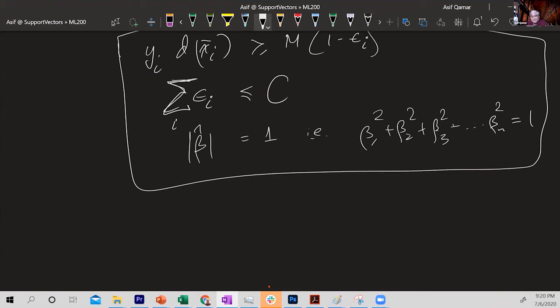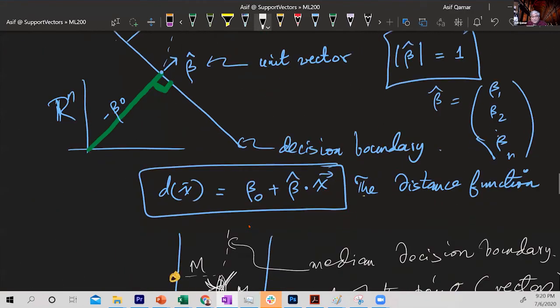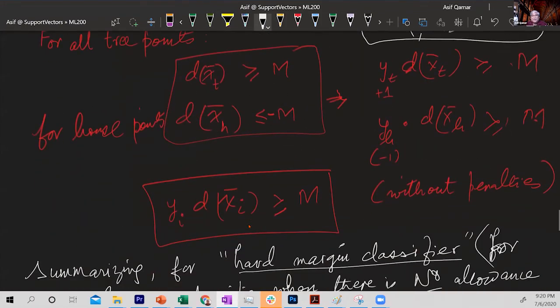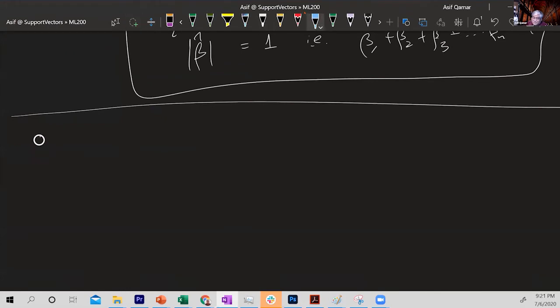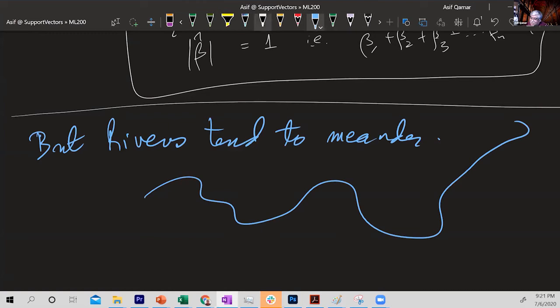And that soft margin classifier, is it effective? Very effective, guys. But there is yet another problem with rivers and our model. While for the simple case it works, in real life, rivers tend not to run straight, do they? No. Right? Rivers tend to meander, right? So let's use that intuition. Now, let us say, but rivers meander, they will. Like this, right? More formally,